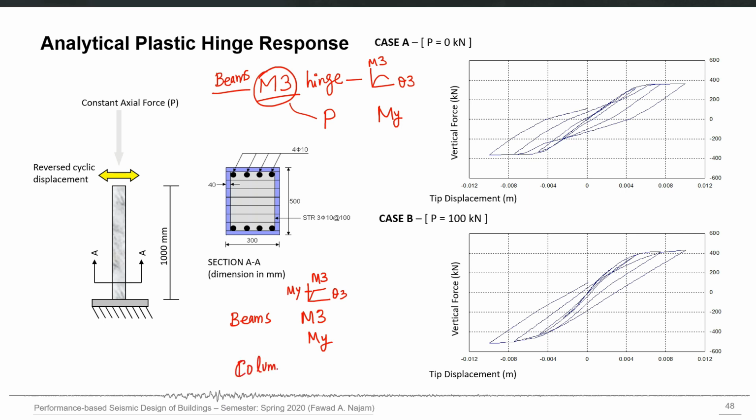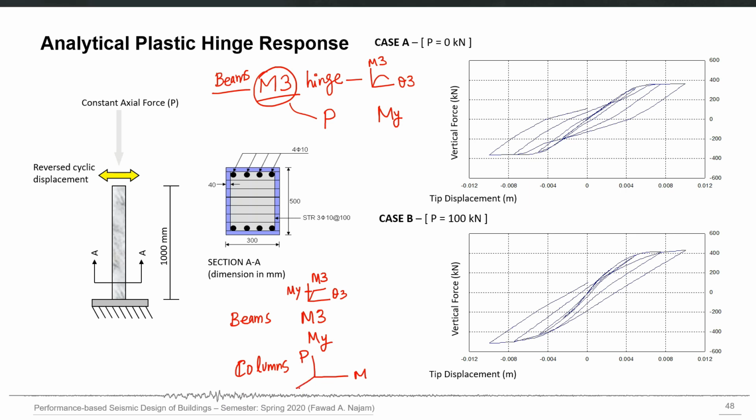But let's discuss columns now. In columns, the complexity is that there is no single number which you can say is the capacity of my column. The capacity is defined by a complete curve, which is called the PM interaction curve if you talk about 2 dimensions. If you talk about 3 dimensions, then there is another moment also in the other direction. So that will be the PMM surface or capacity surface.